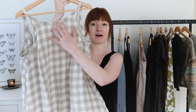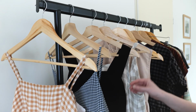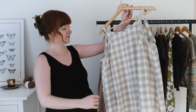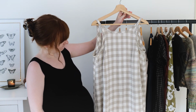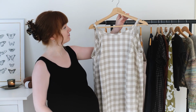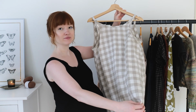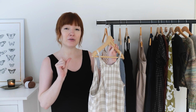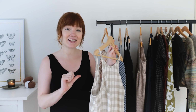I just really love the fit of the top and how that looks. I really love the front of the dress. I think it's really cute and looks really simple. Unfortunately, I don't think I chose the right front pattern piece for my body personally. You can do two options. There's a B cup version and a D cup version. And since B cup was my normal pre-pregnancy size, I opted to do the D cup for a little bit